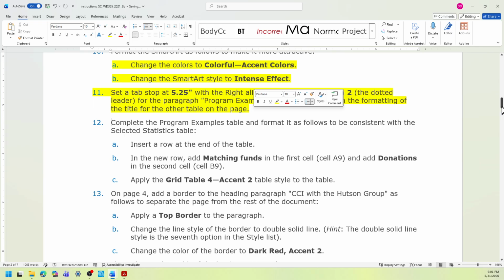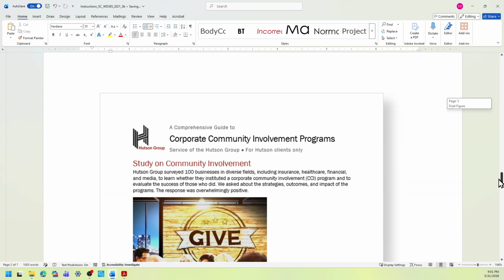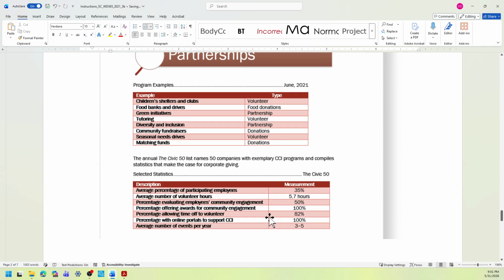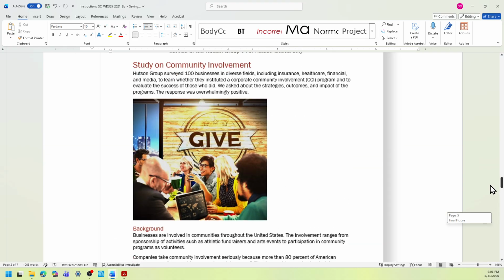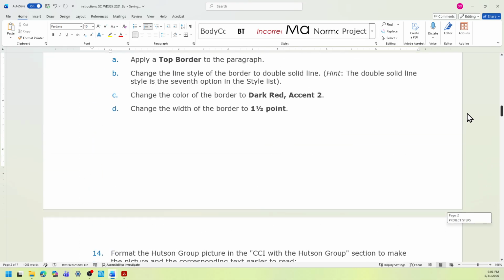It needs to be this here. Program examples with the dotted line should be the same as the selected statistics, Civic 50. So that's what we're going to make changes to.